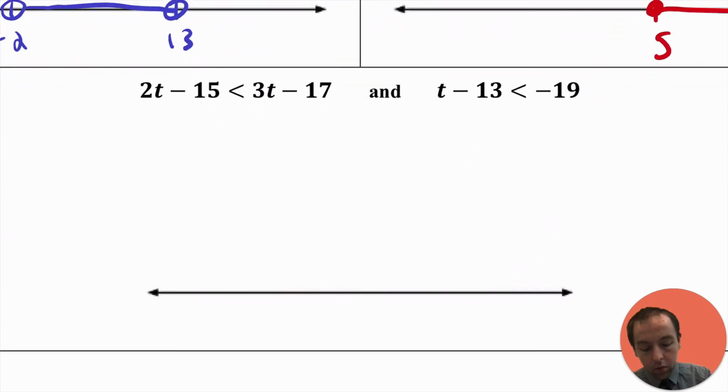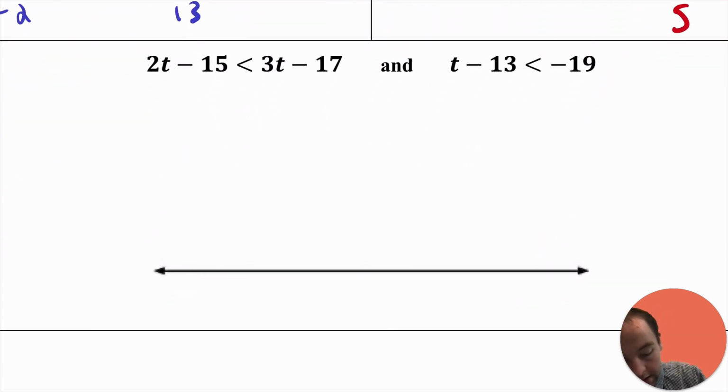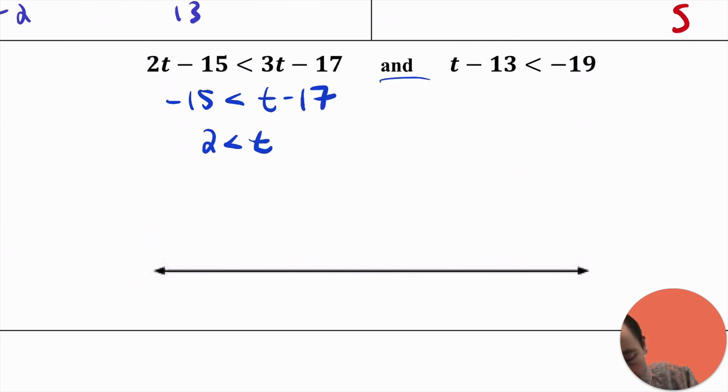All right, and then one last final one right here. So it's, again, got two separate simple inequalities. So I'm going to go ahead and subtract 2t from both sides of this one. It's going to get me that, and then I'll add 17. So I get that, which I'll rewrite as that. Excellent. And then the other one, just got to add 13 to both sides, and it's going to give me that. So ultimately, we come up with that t is greater than 2,